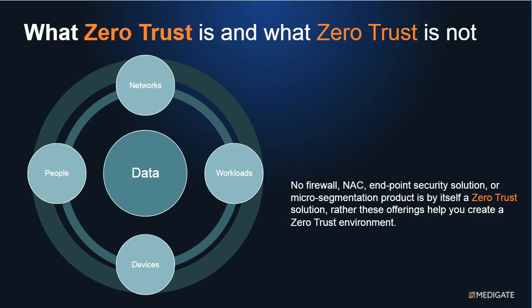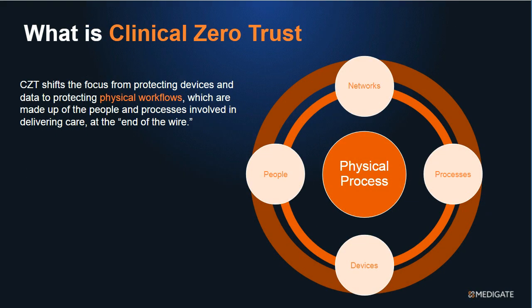Zero trust is really a philosophy about networking that utilizes all of those types of controls to give you a zero trust environment. So it's important to remember that no single technology gives you that. It's an approach to how I handle data, networks, access, and time and identity to those things. But what I want to talk about next is what differentiates clinical zero trust from zero trust. Think of it as a subset of zero trust. So all of the things that would be true in a zero trust environment are true in clinical zero trust